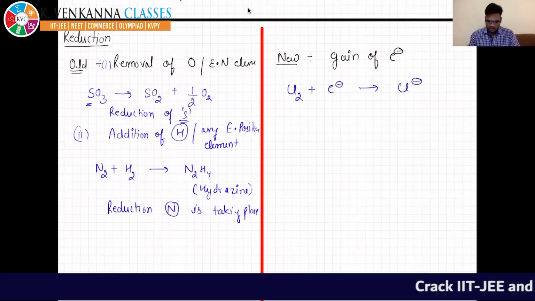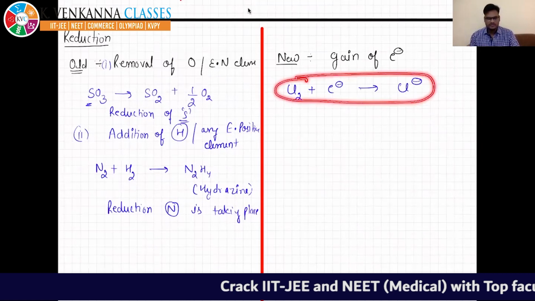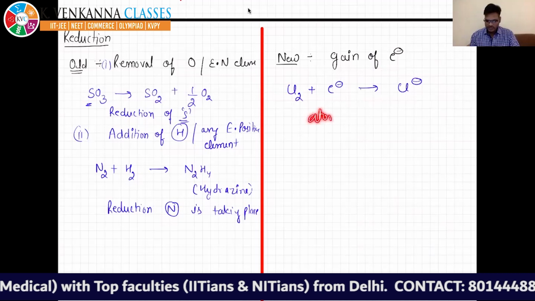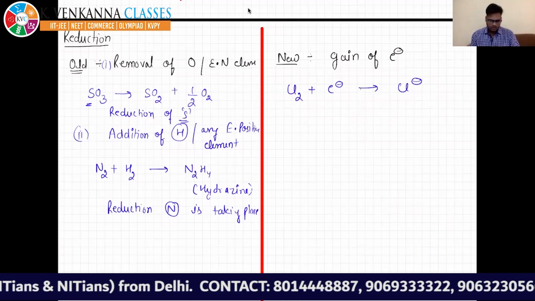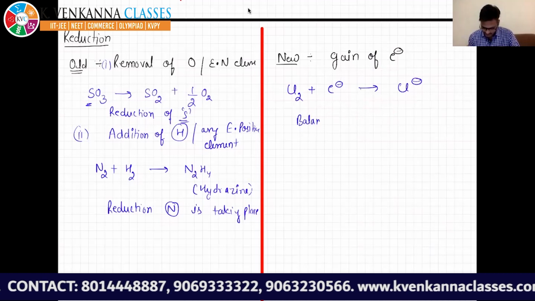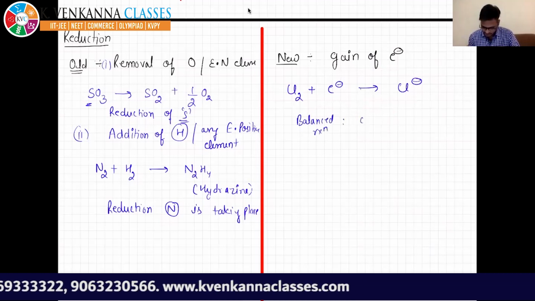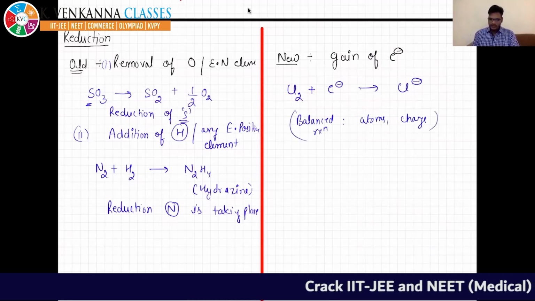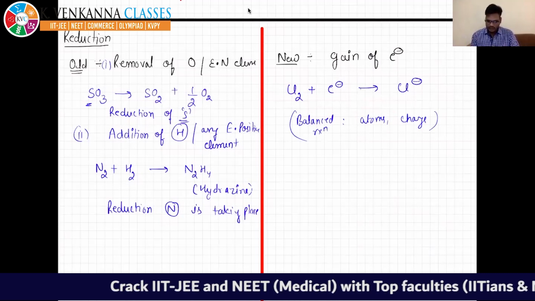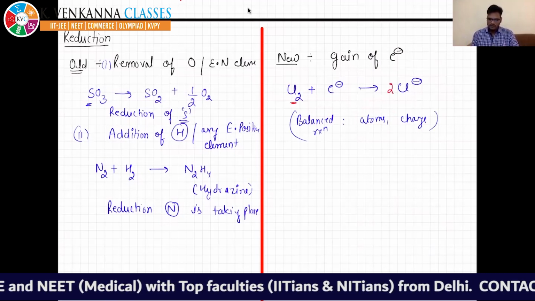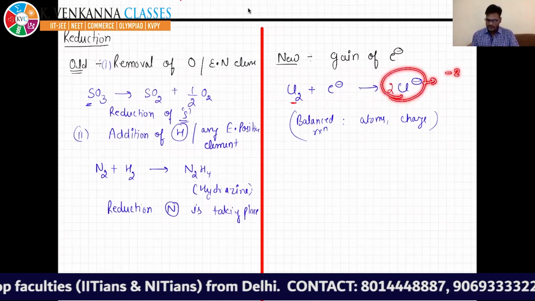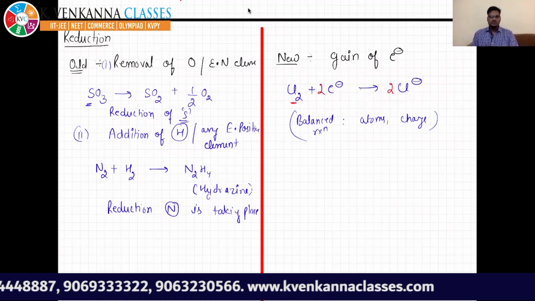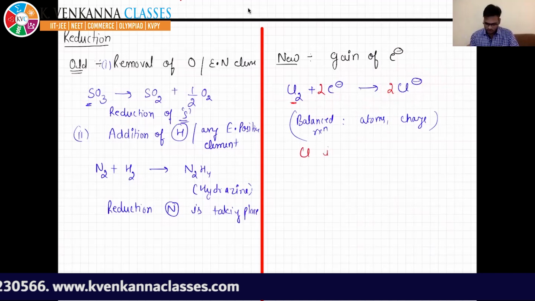Okay, always remember, if you want to balance this, then it must be balanced with respect to atoms as well as charge. Okay, so I'm just writing it here: a balanced reaction must be balanced with respect to atoms as well as charge. If you see, there are 2 chlorine atoms, so there must be 2, but then here it is -2 charge, here it is only -1, so you have to multiply it by 2. So in this case chlorine is reduced.